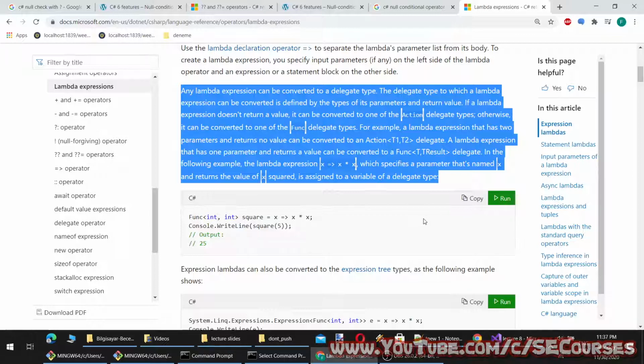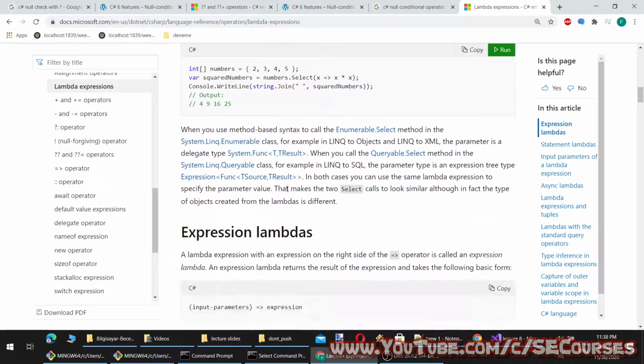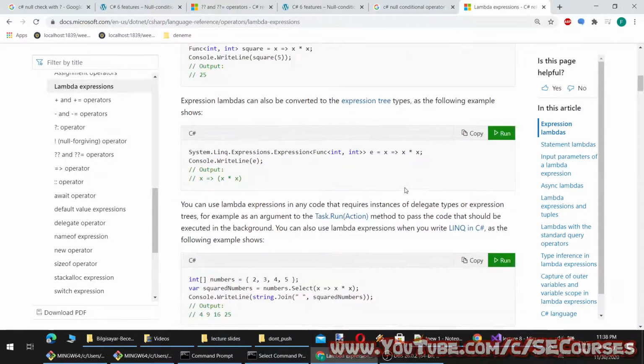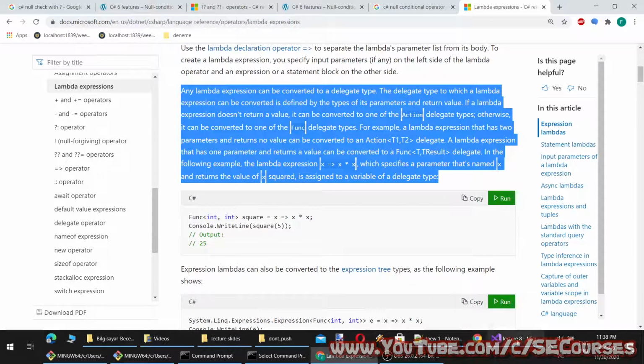A lambda expression that has one parameter and returns a value can be converted to a Func<T, TResult> delegate. In the following example, the lambda expression x => x * x, which specifies a parameter that's named x and returns the value of x squared, is assigned to a variable of a delegate type. Okay, you will understand lambda expressions as we use them.